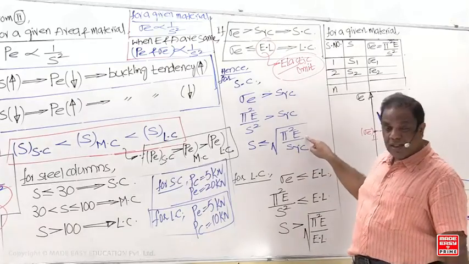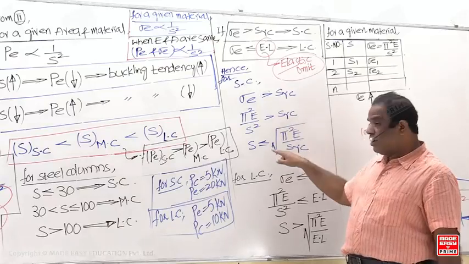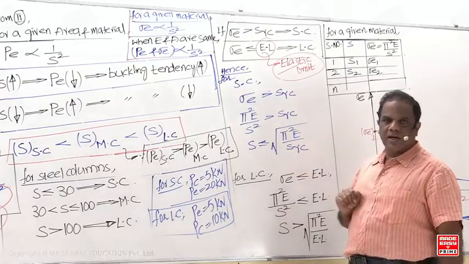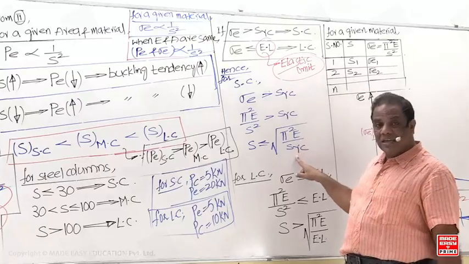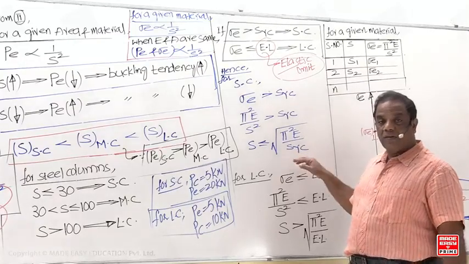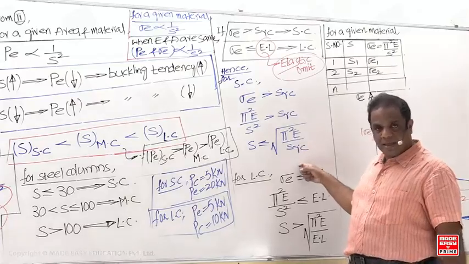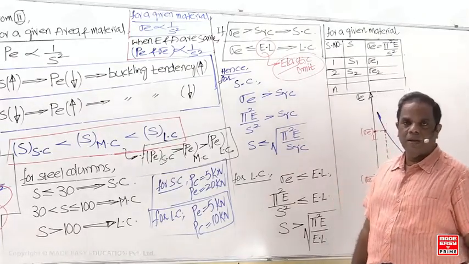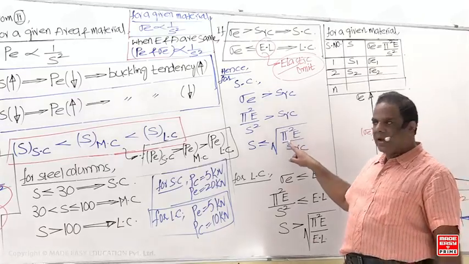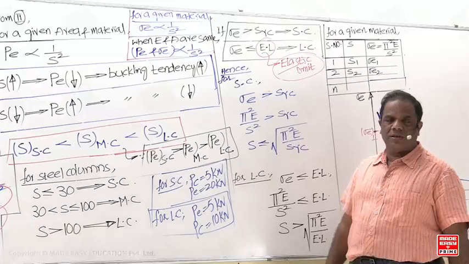Now if I substitute the steel Young's modulus and steel SYC, this value you are going to get is 30. If I go from material to material, Young's modulus will change, SYC will change. But if I go for aluminum Young's modulus and aluminum SYC, I have to take those, and then once again the limit will change.